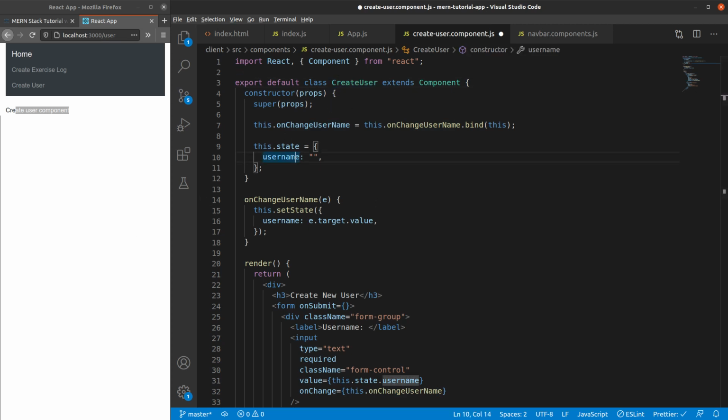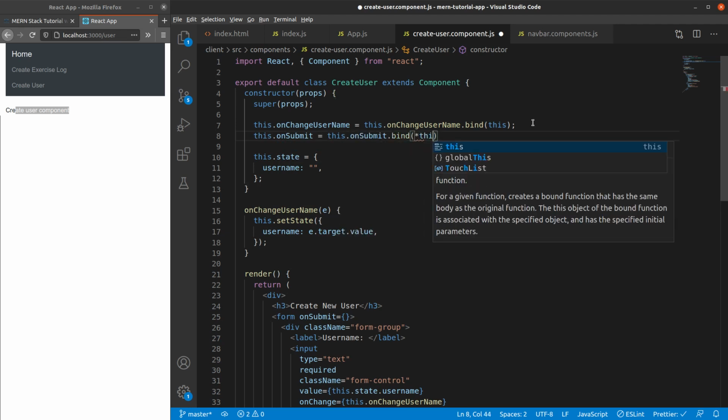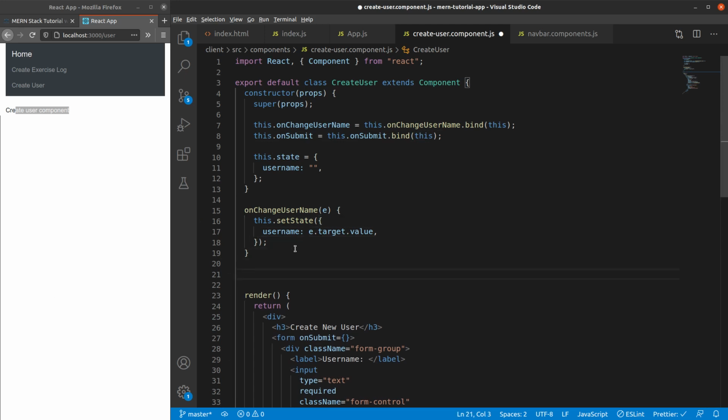Let's similarly create one more method which is onSubmit, and let's bind this before itself: this.onSubmit = this.onSubmit.bind(this). So we have declared this method also. Let's write the onSubmit method. The onSubmit method is going to be a little bit longer because we also have to post the data to the backend server.